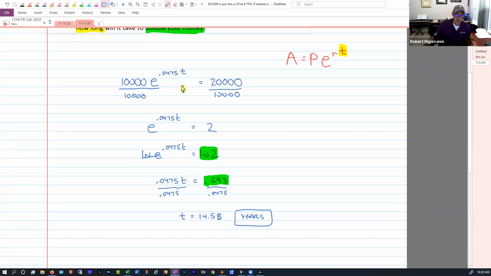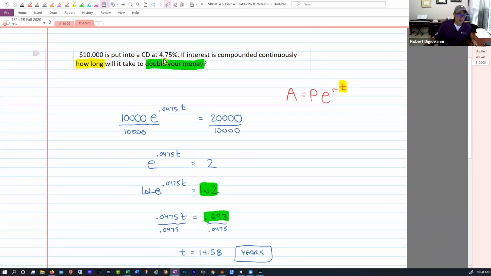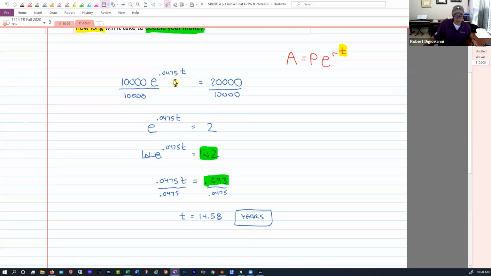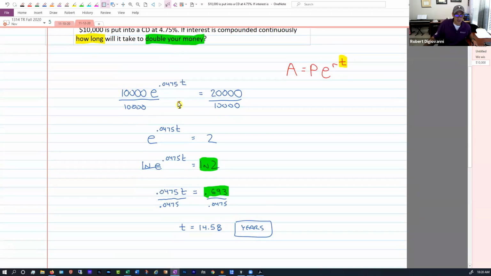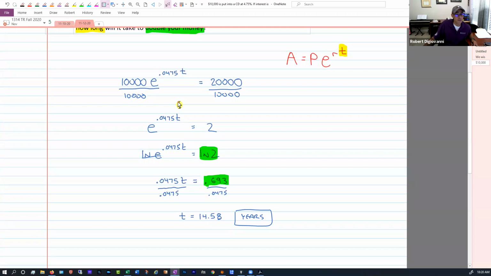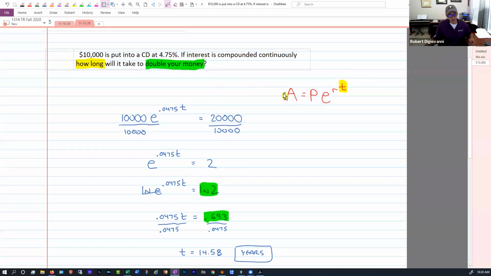That CD was an outstanding interest rate, right? 4.75 is a very good interest rate. In fact, if you find a CD at 4.75, let me know. That means in 15 years, you double your money. Now, just out of curiosity,